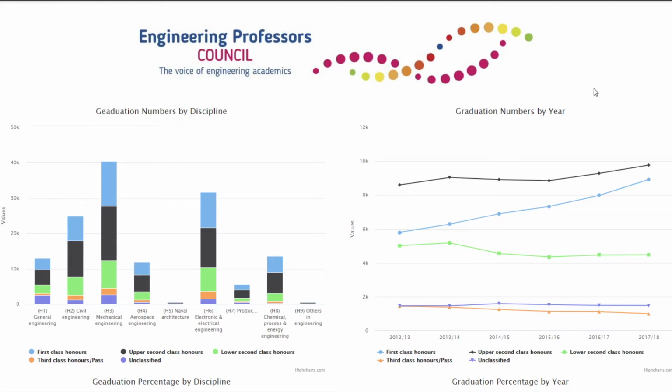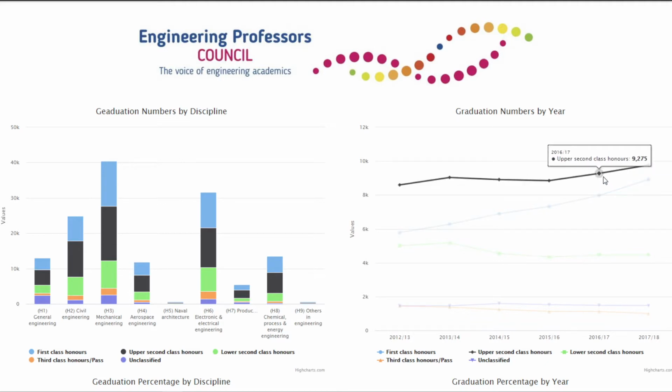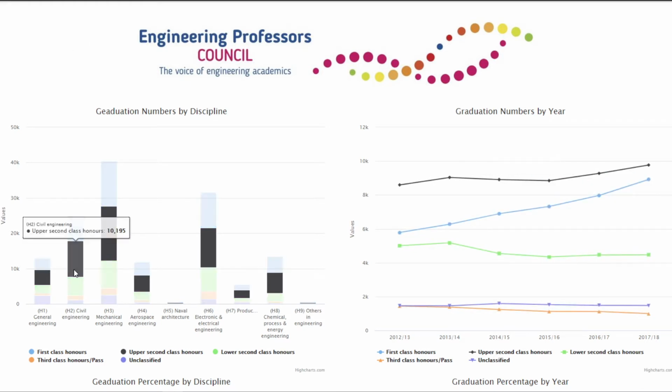On the right, they're summed over all the 9 disciplines within engineering. So we can see how graduation rates change over time. We can clearly see that the number of first class and 2-1 degrees are increasing. By putting your mouse over the chart, you can get the exact number of different sections. For example, in 2017, almost 8,000 people got 2-1s, and over the last 6 years, around 10,000 people got 2-1s